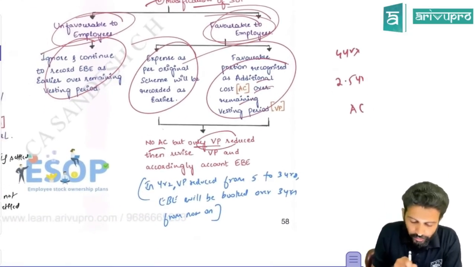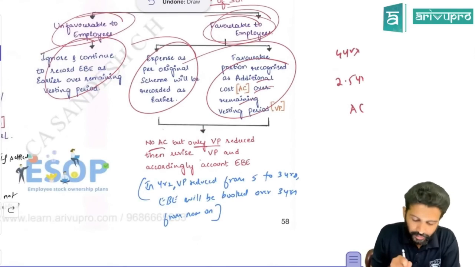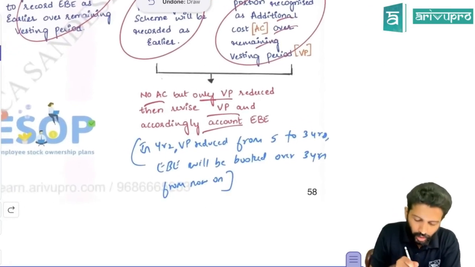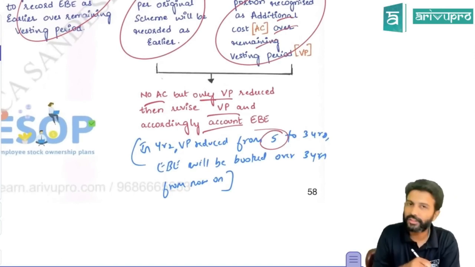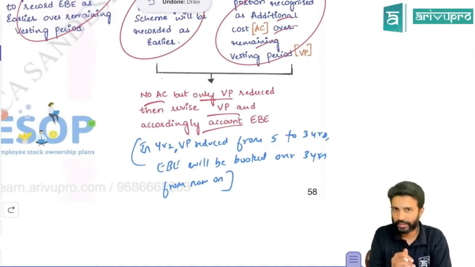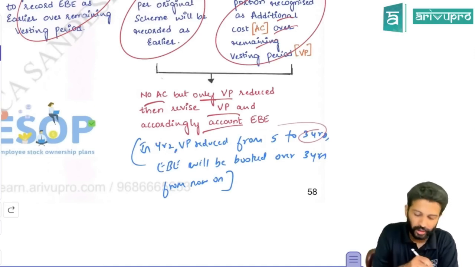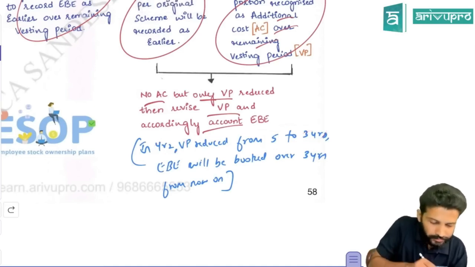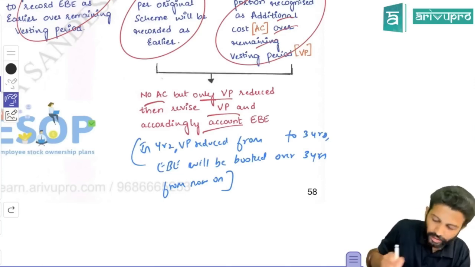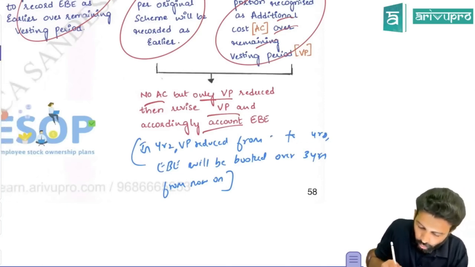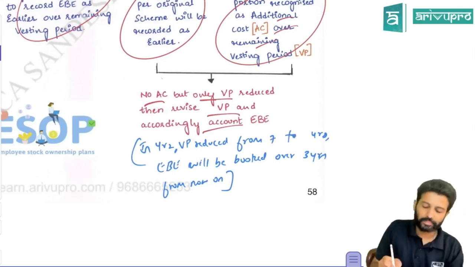No additional cost, but only the vesting period is reduced. Then revise the vesting period and accordingly account for employee benefit expenditure. I think this we already discussed. Let's say the original vesting period was 5 years. In year 2, 2 years is already passed. That means the remaining vesting period is 3 years. Let's modify, I think this will not hold good. Let's say in year 2, the vesting period was reduced from